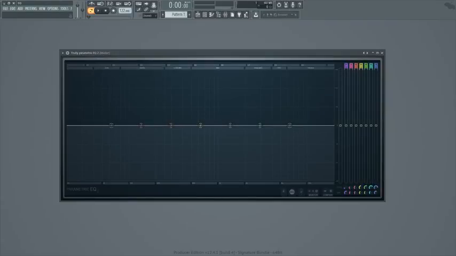Now, what we have here is what's called a 7-band equalizer. 1, 2, 3, 4, 5, 6, 7. These 7 bands serve as control points along the frequency spectrum that let you manipulate the sound. Each of these bands have properties associated with them. These properties are frequency, or where along the frequency spectrum you want the sound to be affected,